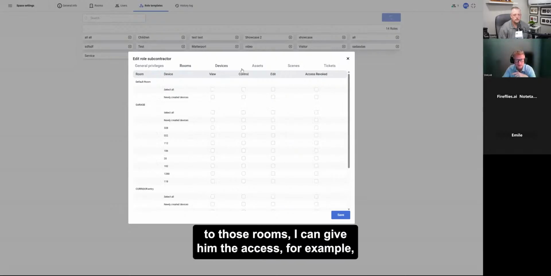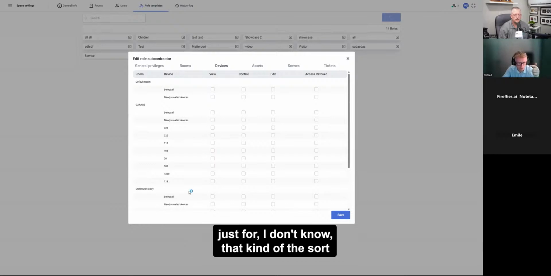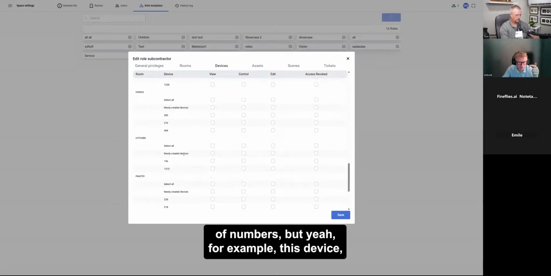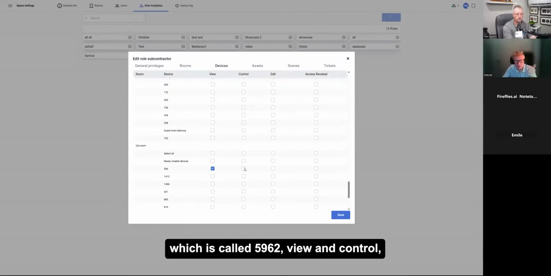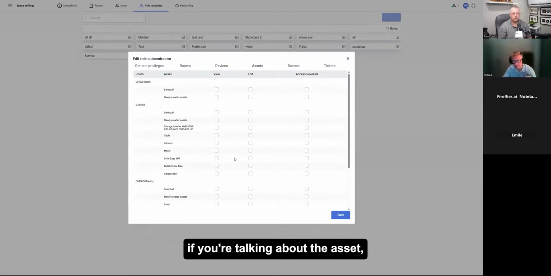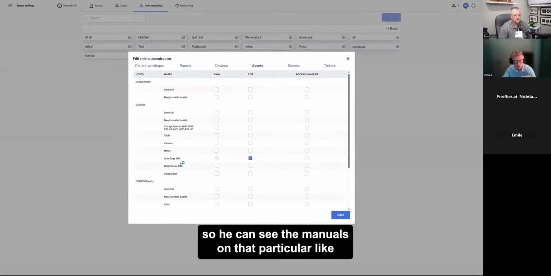I can give him access, for example, just to this device, which is called 596, to view and control the assets, so he can see the manuals on that particular SolarEdge device, which is the photovoltaic unit.